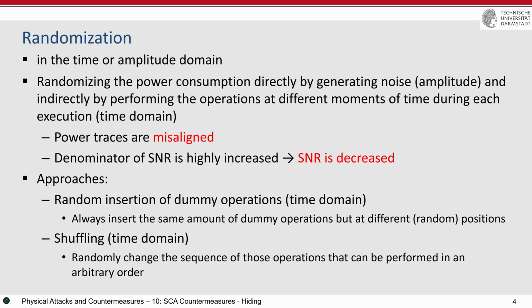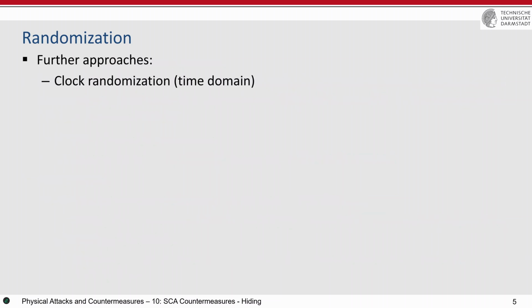Good. That was shuffling, and now you know how to overcome this. Of course, this is a combing, but if the entire operation, like the shift rows and the SBox, are swapped, then the attack becomes a bit harder. Good. A bit about the hardware, how to randomize the clock, or how to add some temporal noise to the